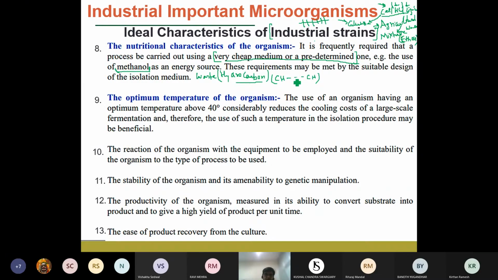And generally, petroleum-based products are the longer ones. It can be aliphatic chains of carbon and hydrogen. Microorganisms cannot consume this type of long chain, because microbial systems do not have any enzymes which can break down this type of long hydrocarbon chain into shorter fragments. So that is one of the challenges. But these days we have already designed some microorganisms which can actually use these hydrocarbons as a carbon source